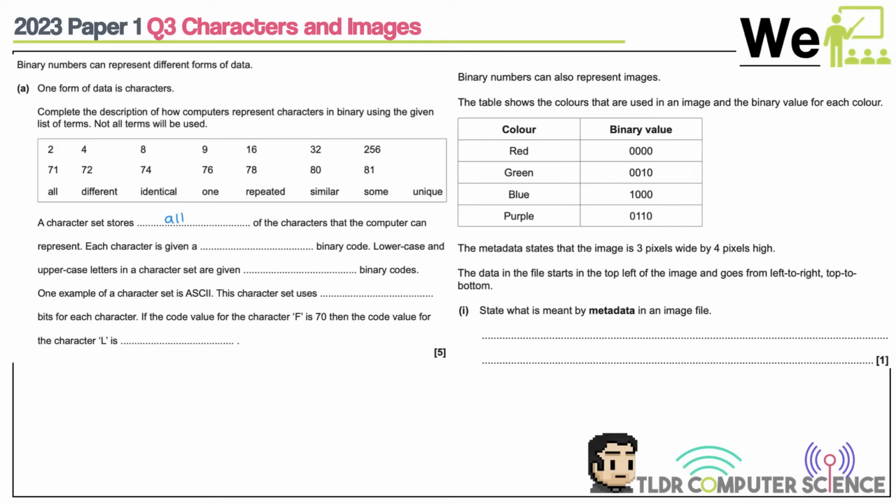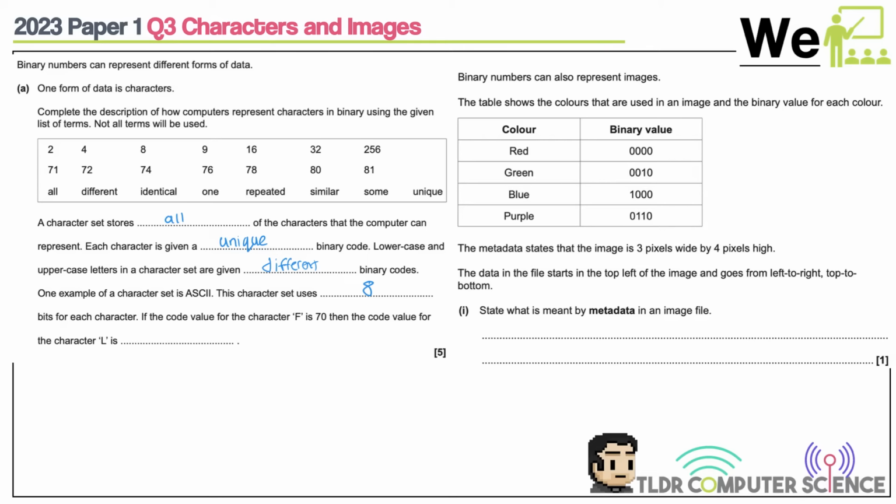Each character is given a unique binary code. Lowercase and uppercase letters are given different codes. An example of a character set is ASCII. This character set uses 8, and they didn't put 7 in there. So I guess for that reason, because that would be a bit cruel, wouldn't it, really? If the code